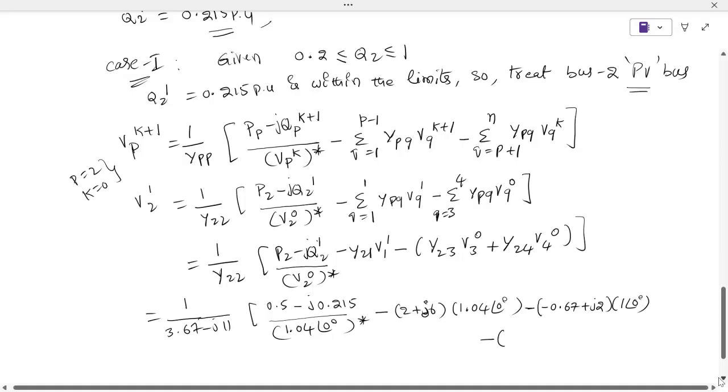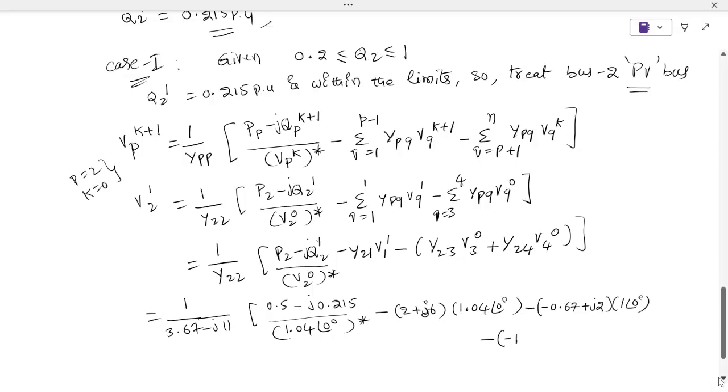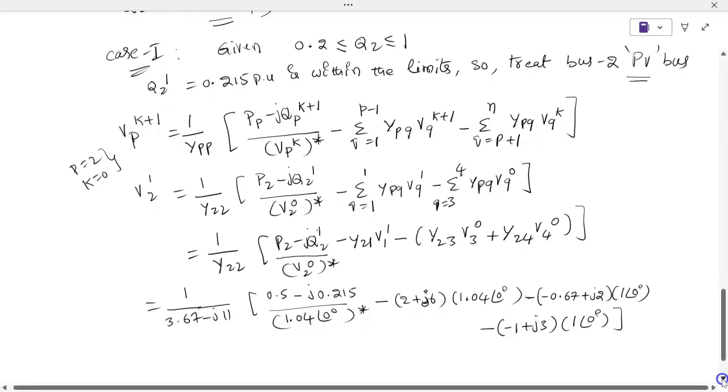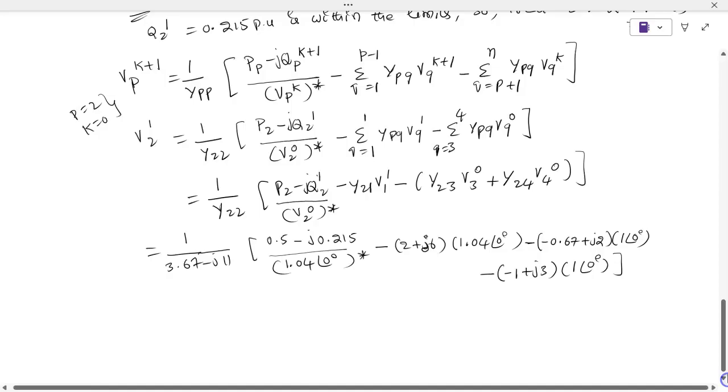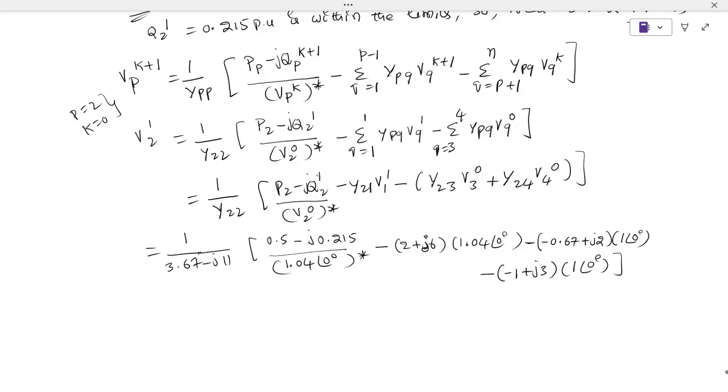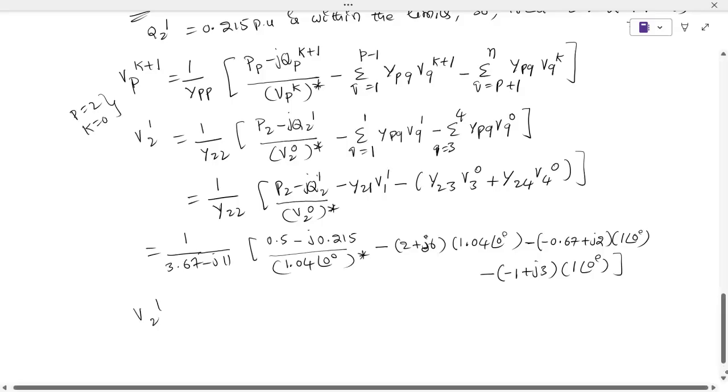Y24 value is minus 1 plus J3, at an angle 1 at an angle 0 degrees, that is V4. After substituting all this and calculating the value, finally we will get the V2 value, that is V21 value, as